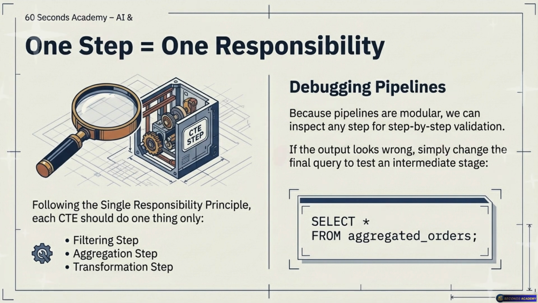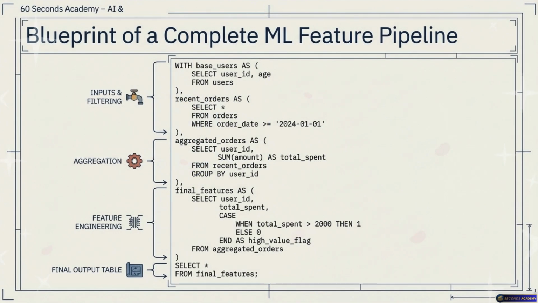Exactly. But let me ask you this, kind of playing devil's advocate from a Python developer's perspective. Doesn't this just make my code unnecessarily long? I mean, if I break every single tiny operation into its own named CTE, aren't I just turning a 10-line query into a 50-line script? I mean, yes, it does increase the line count. There is no getting around that. Yeah. But you have to realize we are trading brevity for readability and testability. Okay, that's a fair trade.